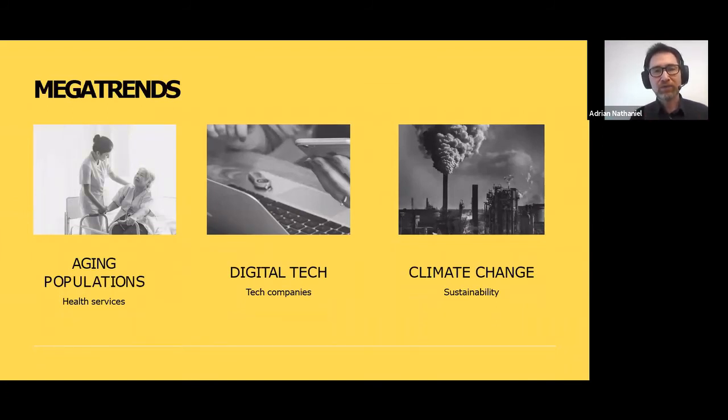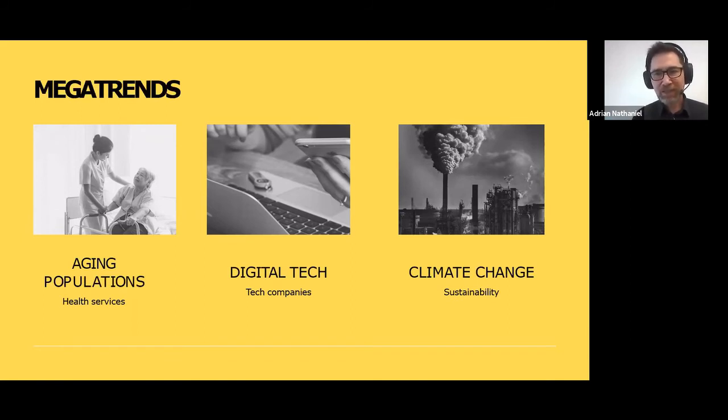In fact, in 2015, the CSIRO commissioned a report into the new megatrends that are unfolding, and it found that there were around 5 main megatrends unfolding, and three of them that I've got here are around aging populations. The number of centenarians, people over the age of 100, is growing around the world. And so if you think of the products and services that will be supporting that, it's health and aged care. Another of the megatrends is obviously digital tech.